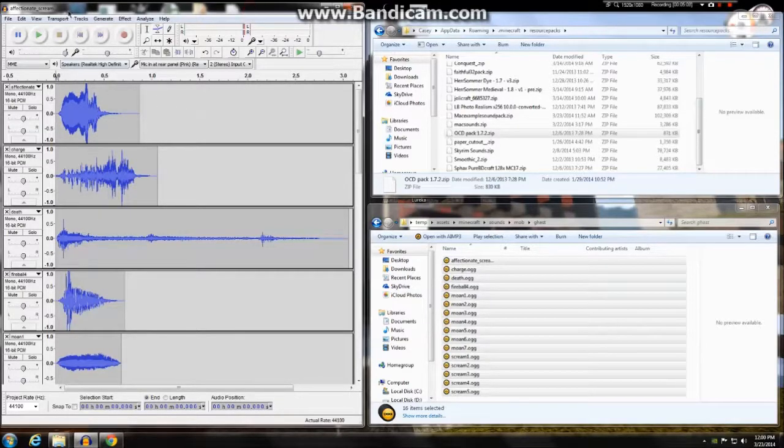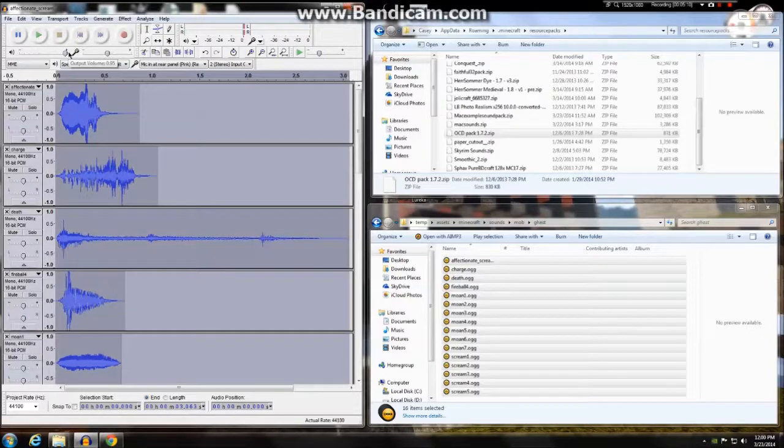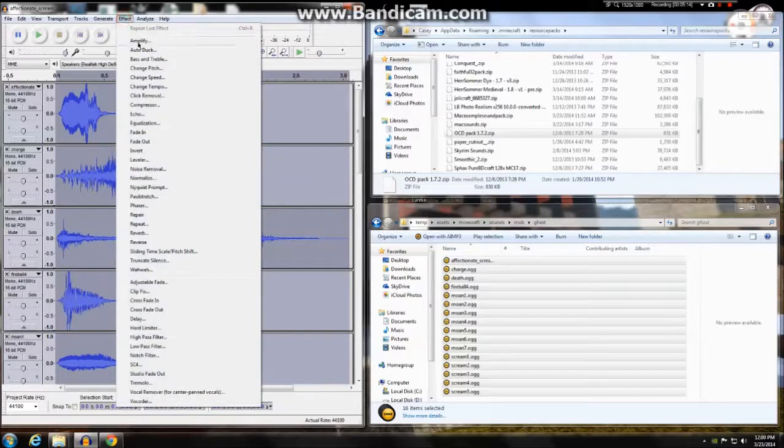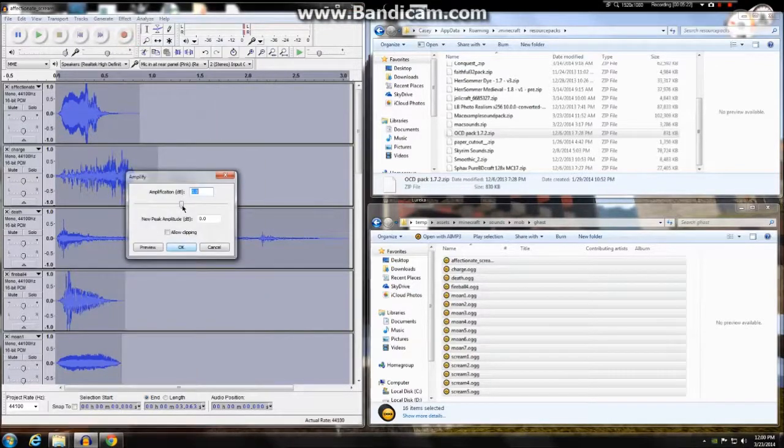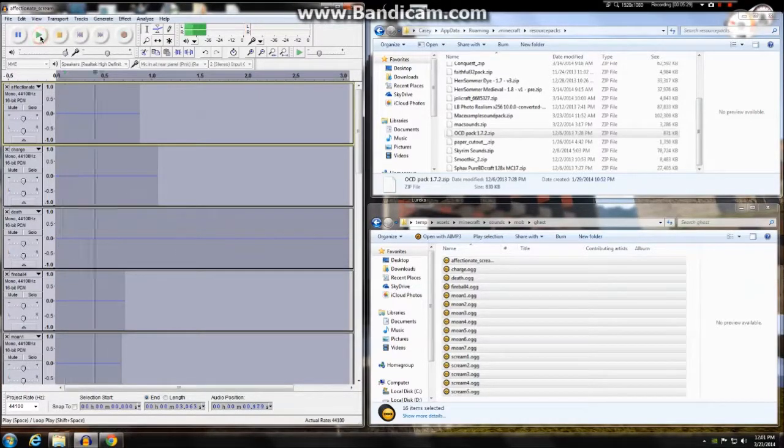So again, we want to make sure we're in this folder, hit Control A to select all. Then you're going to go to Effect, and there's tons of effects. If you want to mess with it and change all the sounds, that's great. But we just want to go to Effect, Amplify, and we're going to lower the bar. So I'm going to lower it down to negative 47, and then just take another listen. Alright, that's much better. And I think with the other sounds in the game, that may not even be audible,